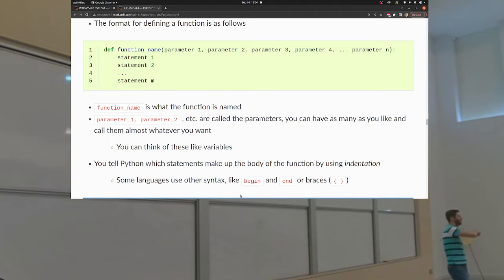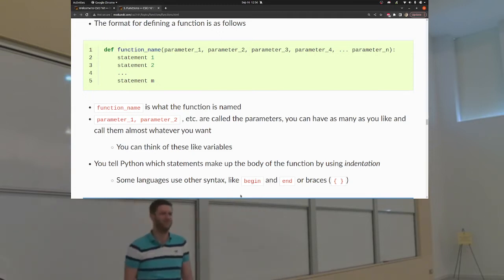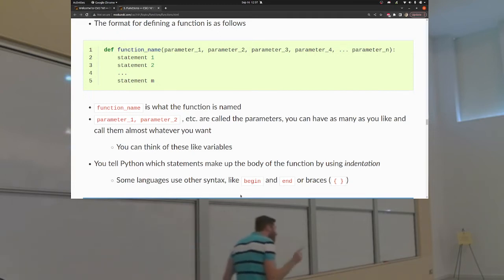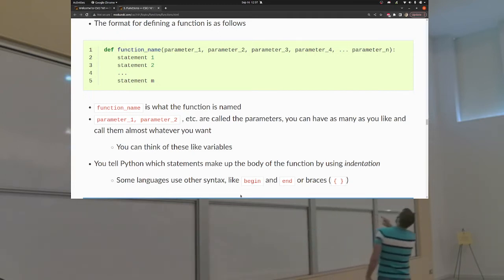Then you have a colon. Raise your hand if you've written a function and you forgot the colon. Me too. And then you're like, why isn't it working? It's totally right. Oh, right, yeah. How many of you did that? I did it. Yep. So we have the colon. The colon's very important. And then immediately after that colon is where we start writing the statements we actually want